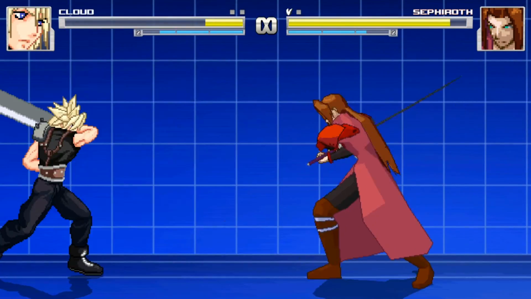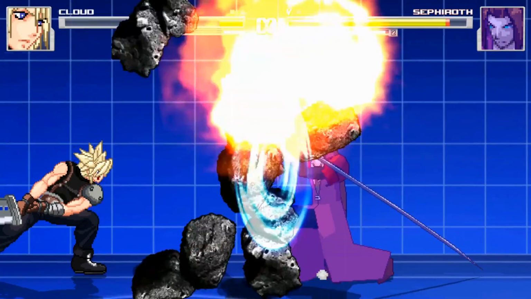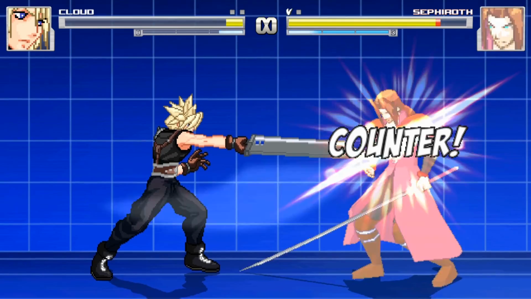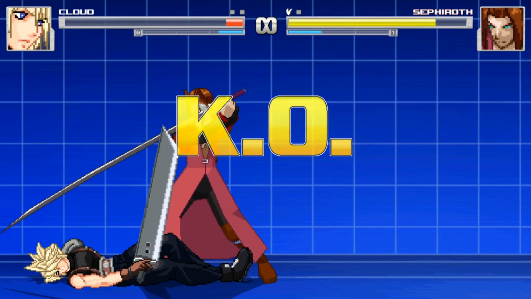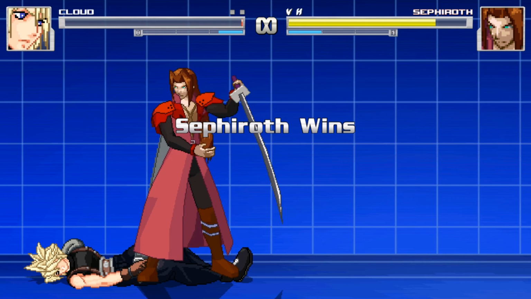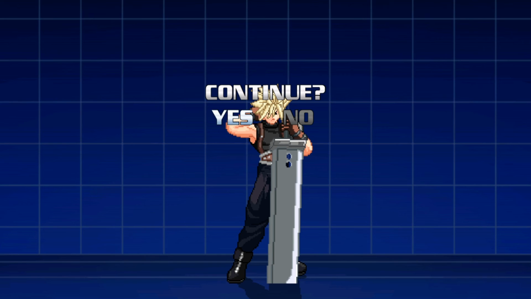Jesus. Stars! KO. Yep, and that's it. Even in Mugen, Cloud still gets owned. Or Sephiroth's getting revenge. Either way,